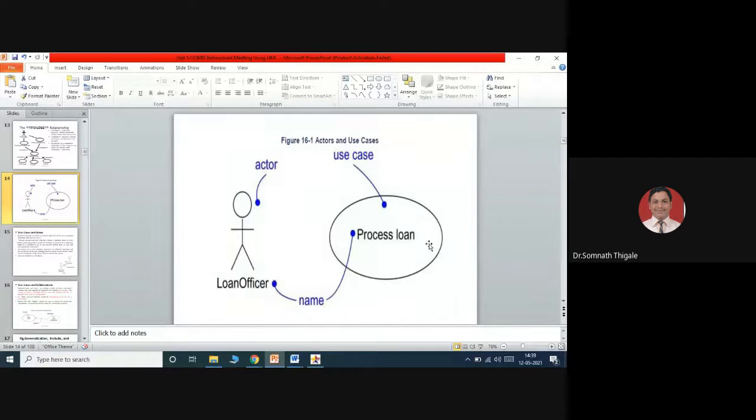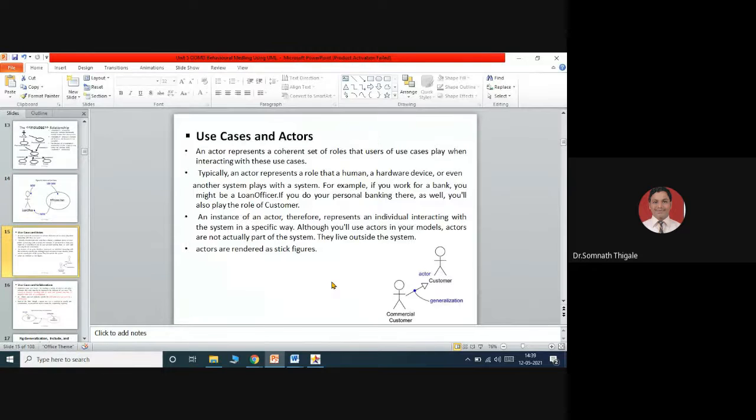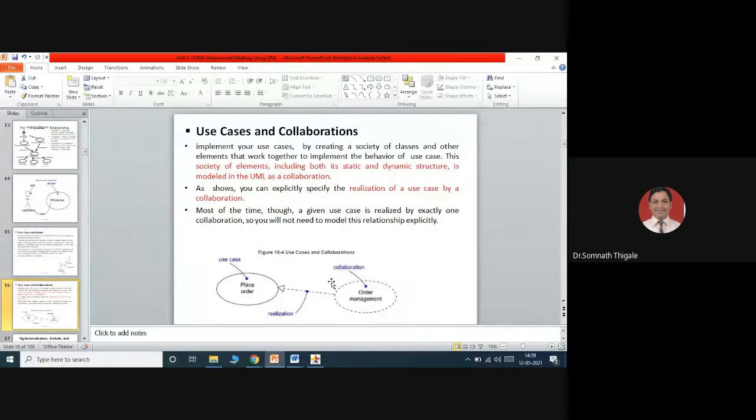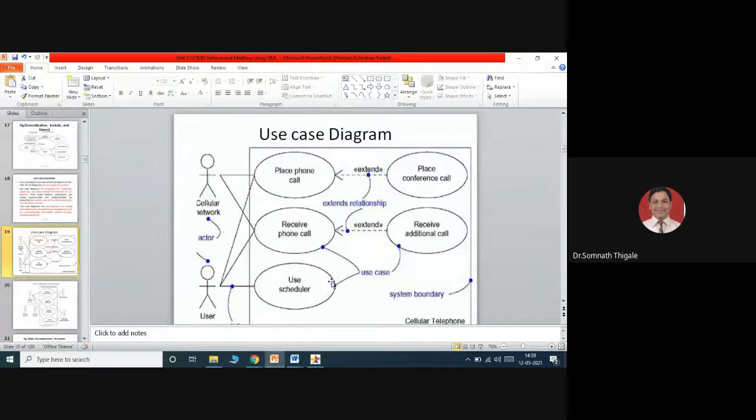So this is one more diagram, actor interacting with the systems. So this is an external element. This is the use case. How to represent the use case? A simple oval notation is the notation to represent the use case in UML. So this part done, user interactions with the system, use case diagram.